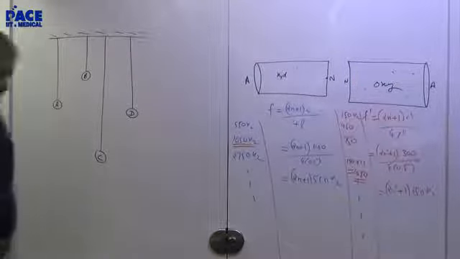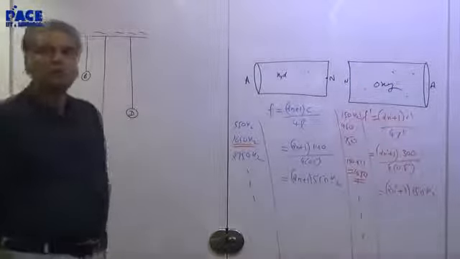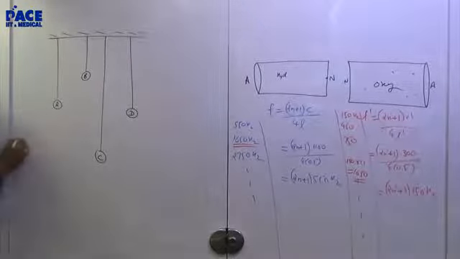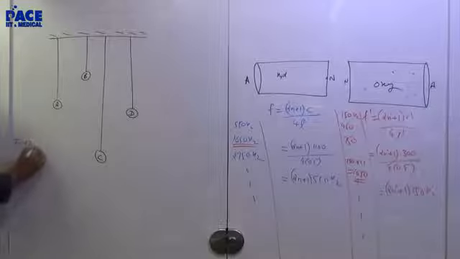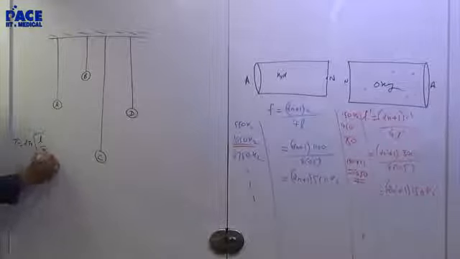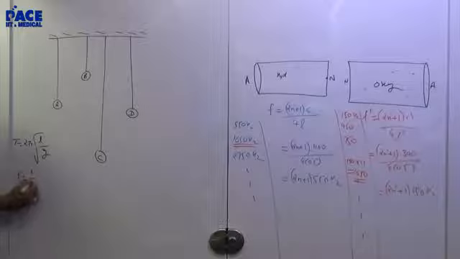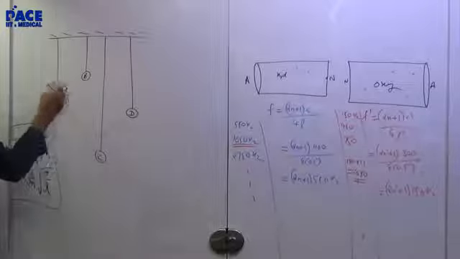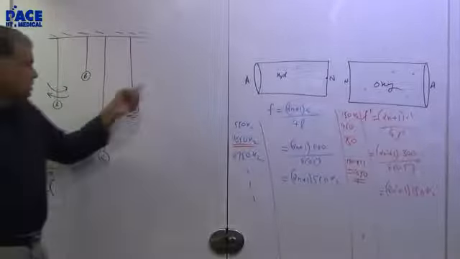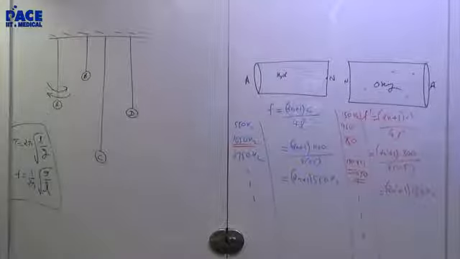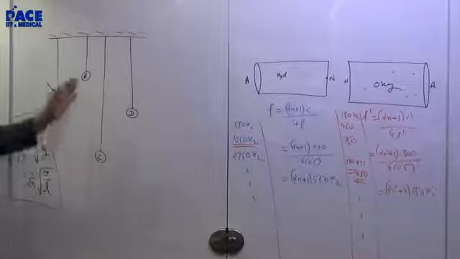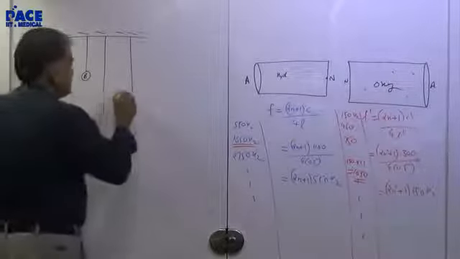So look at this experiment. There are pendulums of different lengths hanging there, and you know the time period of a pendulum is 2 pi root L by G, or we can say the frequency is 1 by 2 pi root G by L. Suppose I oscillate this pendulum A. I have not touched B, C, D. I have oscillated A. So if you oscillate it, it's possible that after some time you will see that D is also moving.